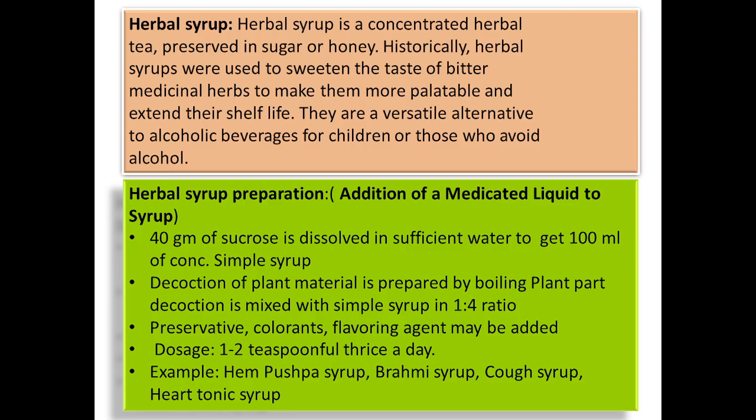Now a decoction of plant material is prepared by boiling plant bark. The decoction is mixed with simple syrup in a ratio of 1:4. Now that decoction, which is prepared from plant material, is mixed with the simple syrup, and the ratio is 1:4. Preservatives, colorants, and flavoring agents are added after that, and the dosage of that herbal syrup is 1 to 2 teaspoonful